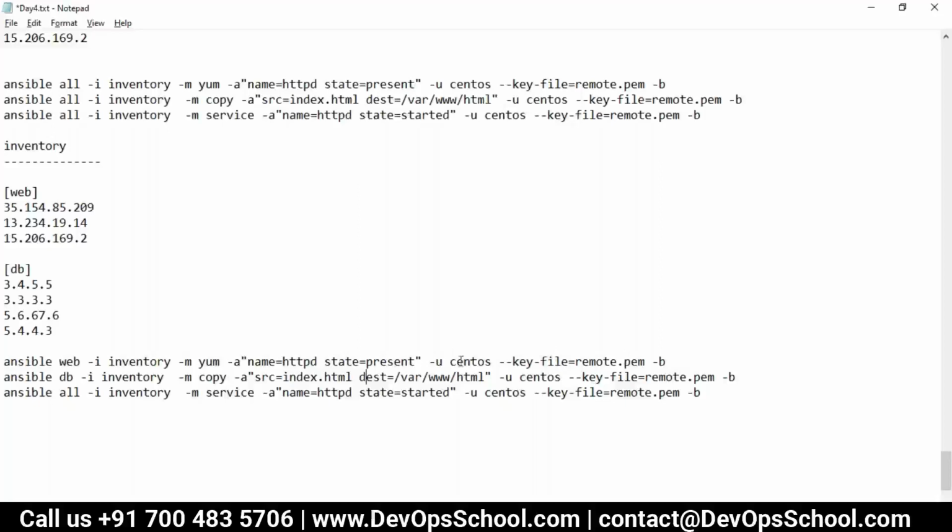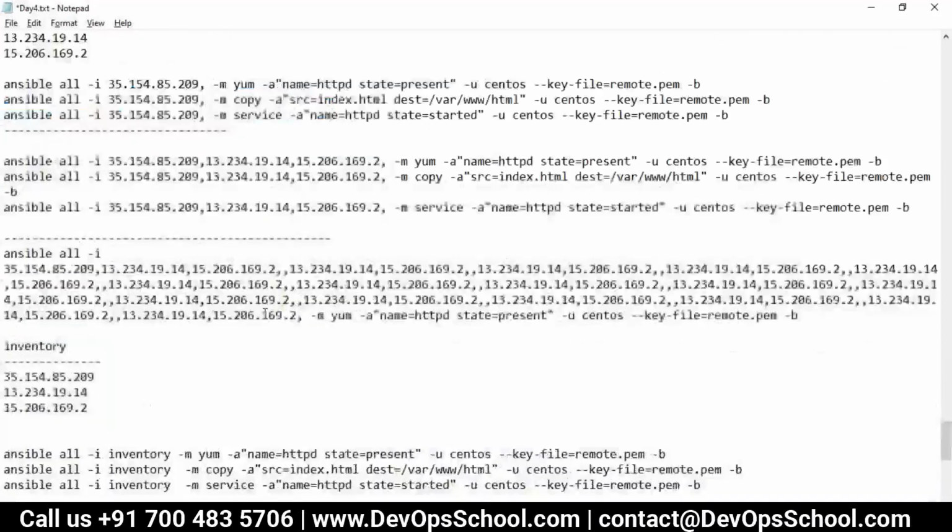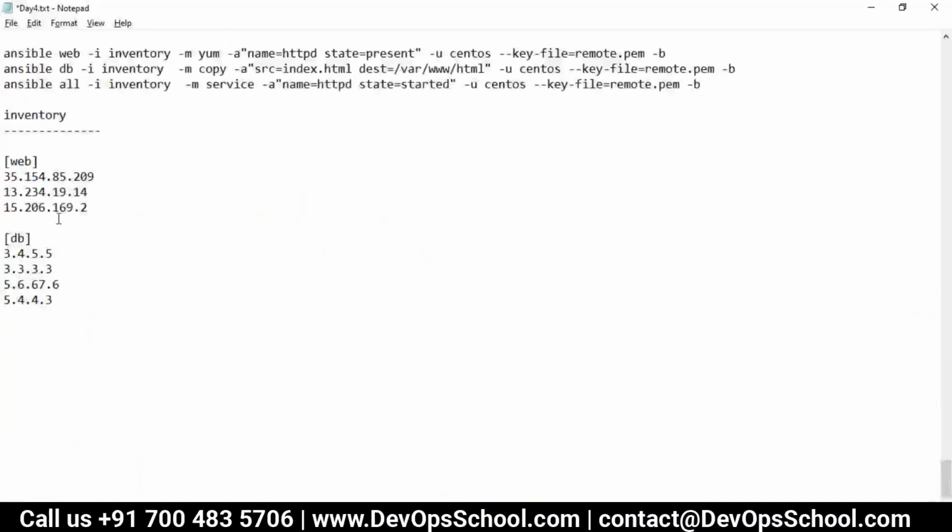Thank you. Okay, guys, so now you see that slowly we are understanding this. It can be a file also. It has a group. It can be a group of groups also. How can you have a group of groups? So simple, same file, convert it into, let's say, 2 groups, web 1 and web 2. So now there are 2 groups, web 1 and web 2. So how can we have a group of groups? Here, web all and children. This is special syntax, which you have to specify. If you do not specify children, then it will become a group.